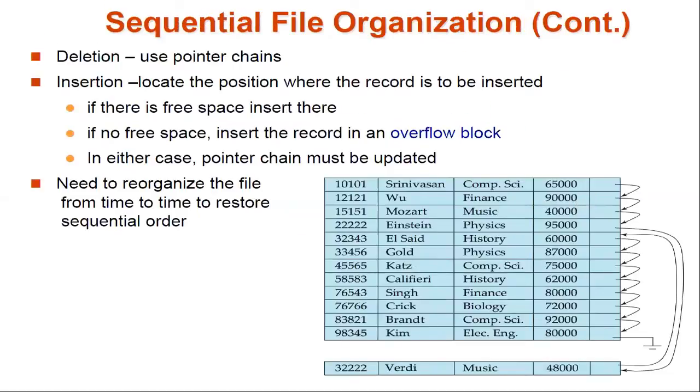And how you can perform the deletion operation in the sequential file organization. Okay, so here deletion uses a pointer change. For example, if you want to delete a particular record, if you know the linked list, this will be very easy to understand. Okay, the same idea, whatever you studied in the linked list, we are going to implement here, right? So this is why you are studying data structures.